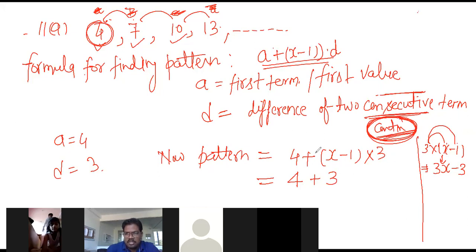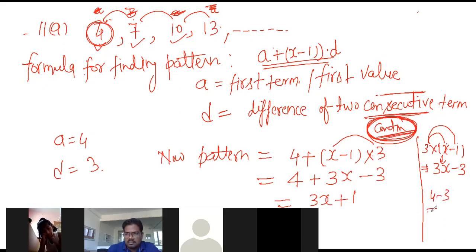Whatever number is on this side or this side, no matter, but the number must be outside. If the number is outside and there is a multiplication sign, this number will be multiplied with both. It's 3 into x, 3x, because we don't know the value of x, so we can simply write 3x. And minus sign, 3 into 1, we know that is 3. So if we solve, look, 3x and 4 minus 3 plus 1.